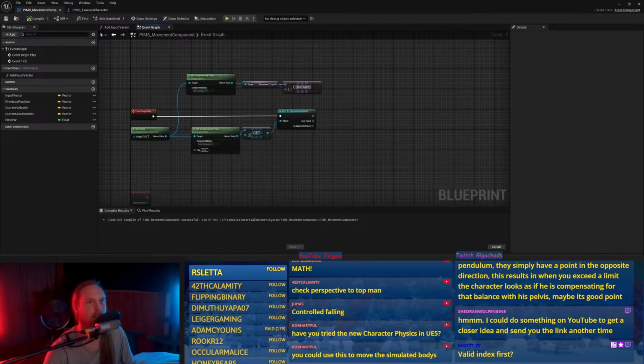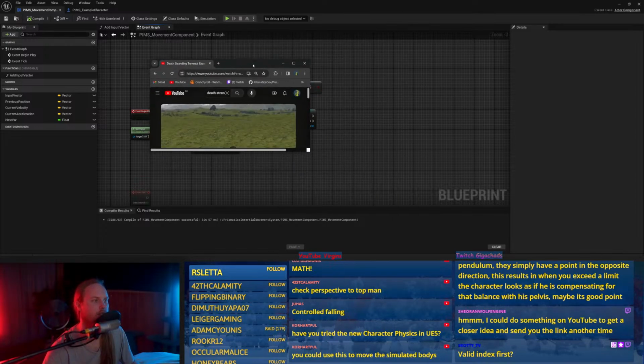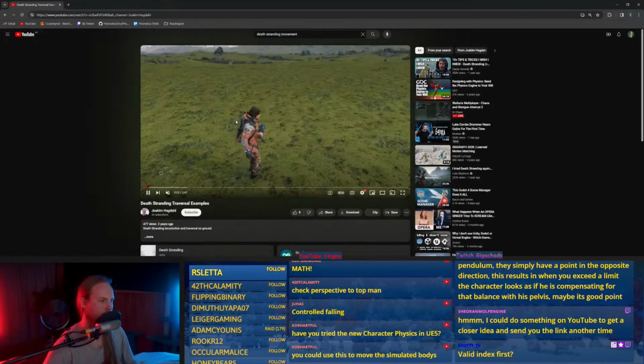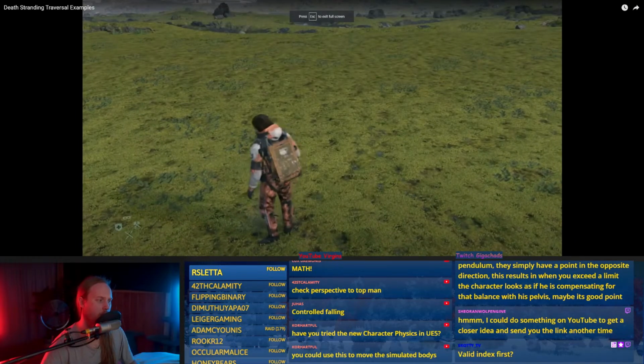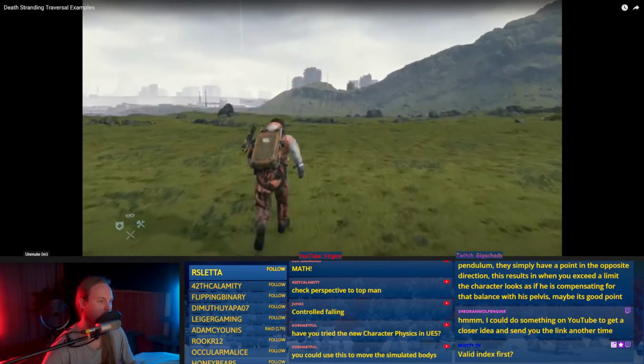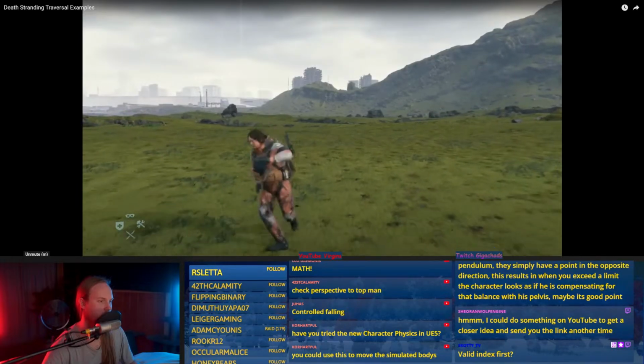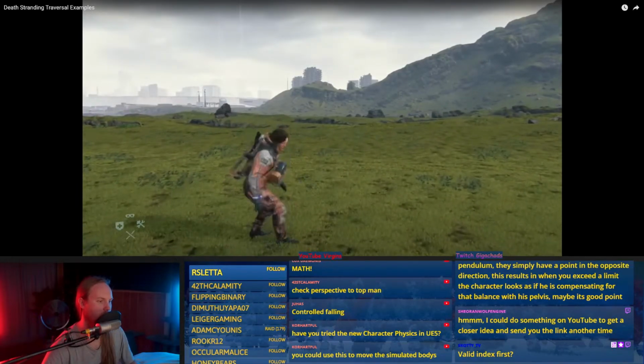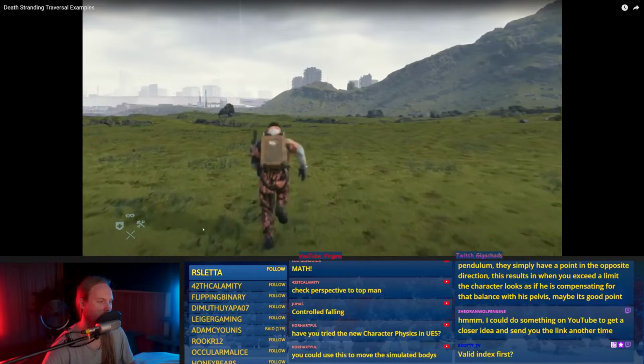GDC? Oh, here's someone's done some traversal examples. Does it use root motion, though? Because that's the thing that I'm avoiding. No, it looks pretty snappy. I mean, their turnarounds are probably root motion.